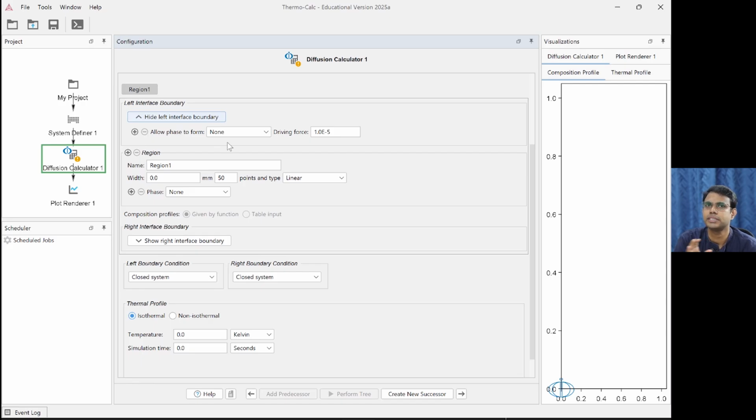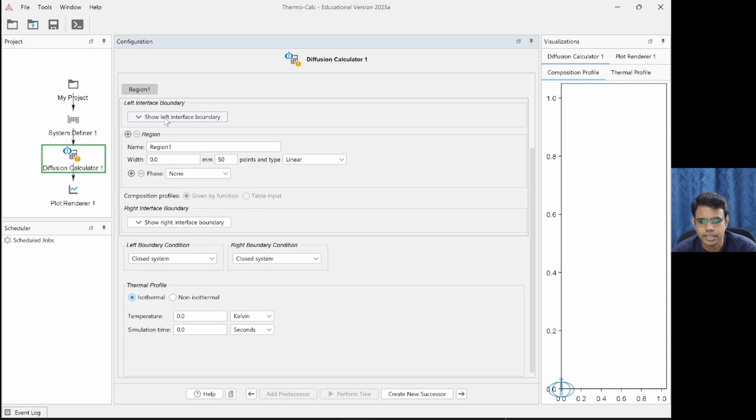For example, in this particular Fe-Ni case, we don't have any other phase being stable, only FCC is stable. But say initially we have FCC, but that is a two-phase region in the phase diagram instead of a single-phase region. Then the single phase that we start with will eventually transform to two phases. So the second phase will have driving force to form, to nucleate. In such cases, we can use this option. In the next class, we will try something like that. Okay, so I'm hiding it back.